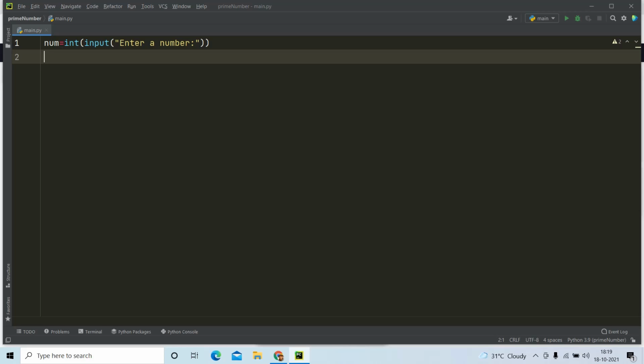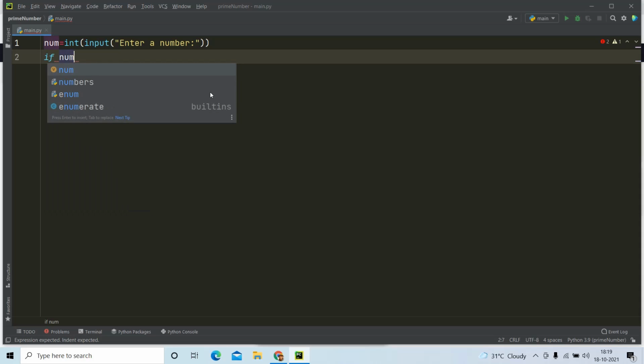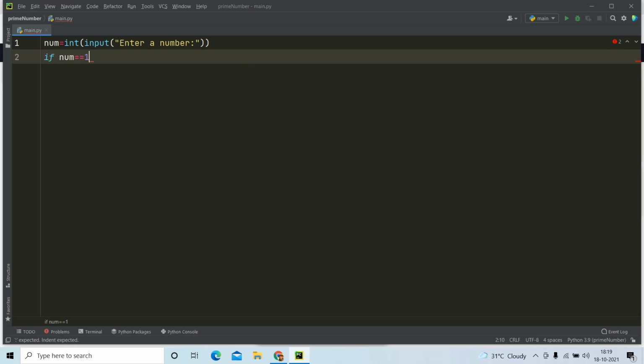First we need to check if the number is equal to 1. If the number is 1, then we will directly display that it is neither prime nor non-prime. So first we can check if num is equal to 1.